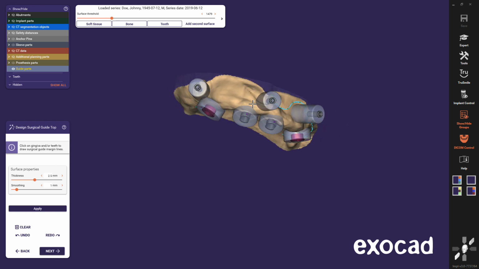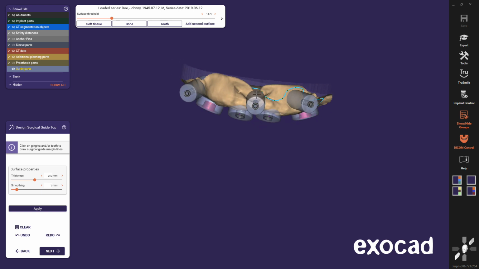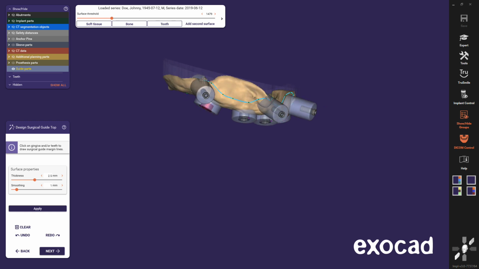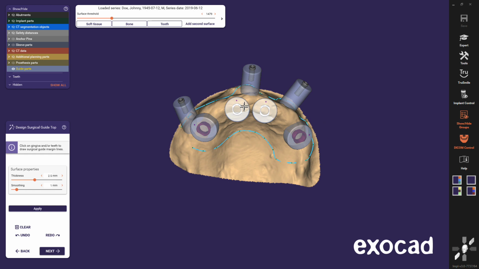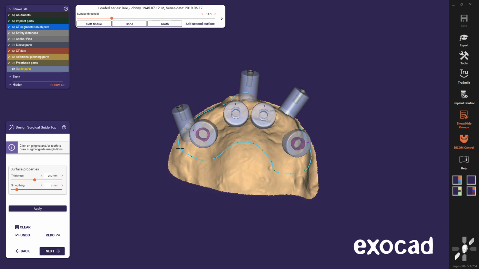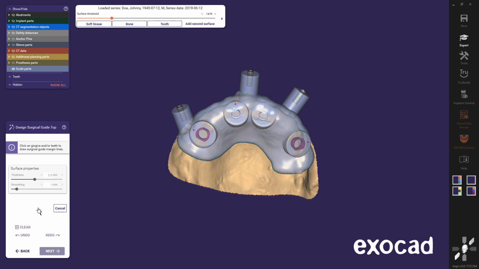To show the object again, hold Shift plus Ctrl and click with the mouse wheel. Click Apply or Next to generate the surgical guide top mesh.